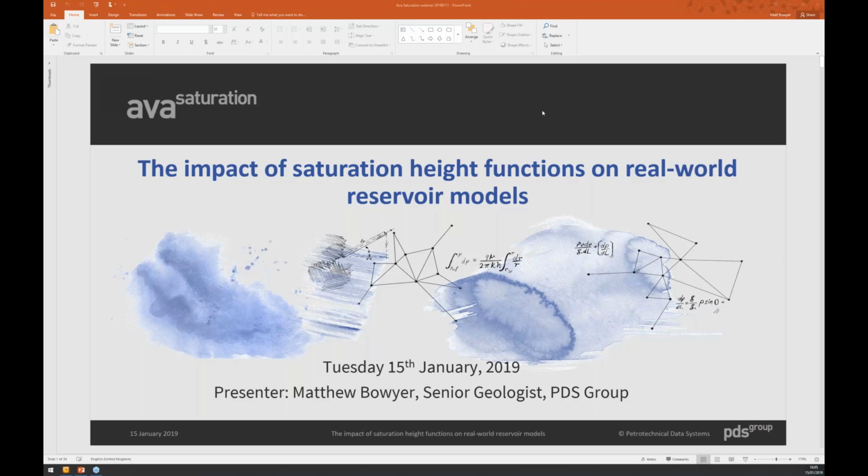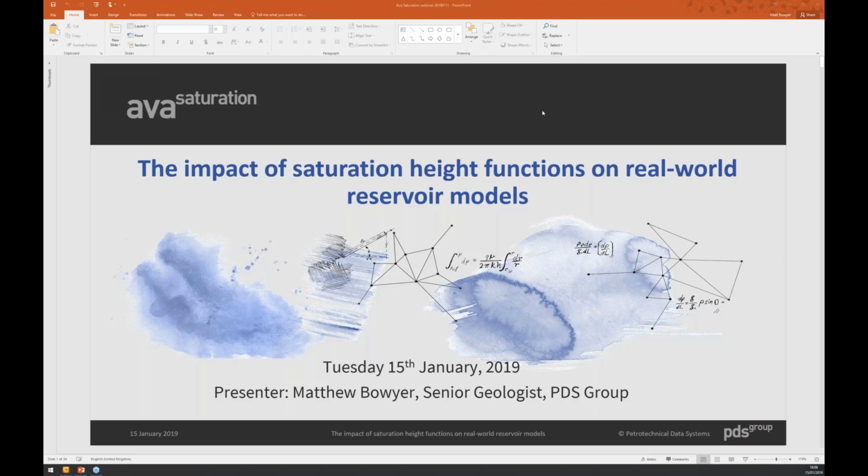For those of you who may not be familiar with PDS AVA, we build cloud-hosted software which addresses key limitations in existing reservoir modeling workflows. Today's session is presented by Matt Boyer, a senior geologist in PDS's AVA team, who is currently supporting the development of AVA saturation. Geoscientists don't often have the luxury of calculating multiple saturation height functions, but doing so can have important implications for investigating